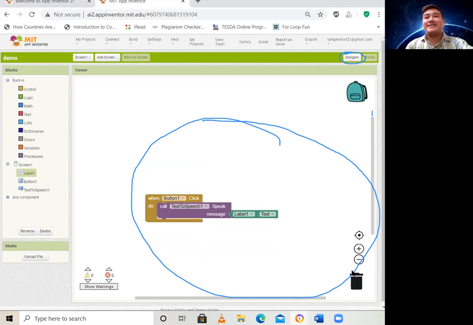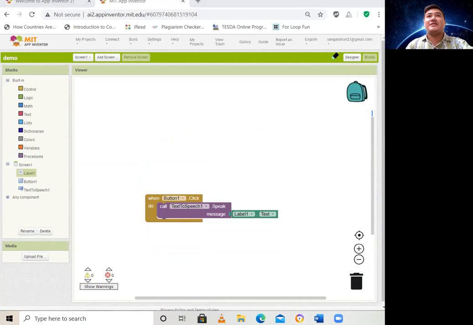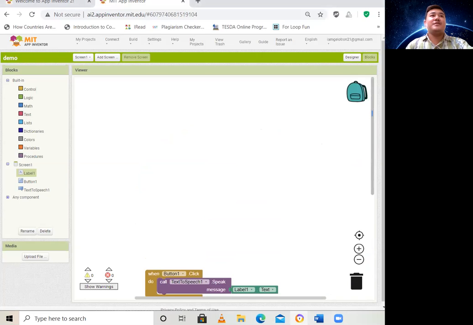Then you can already test your app, leading us to the different ways to test your app. There are actually 3 ways. You can use the emulator, you can also use USB, and the easiest way is the AI Companion. So in AI Companion, you just have to install the AI Companion application